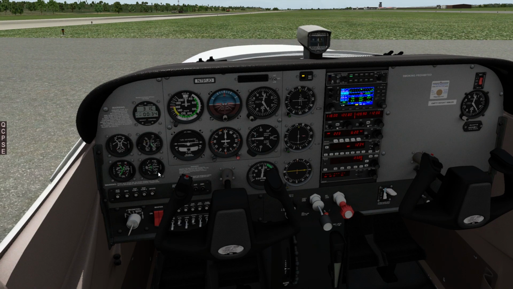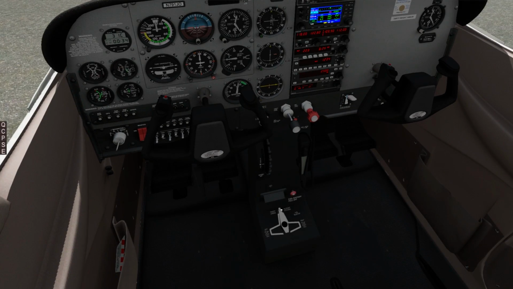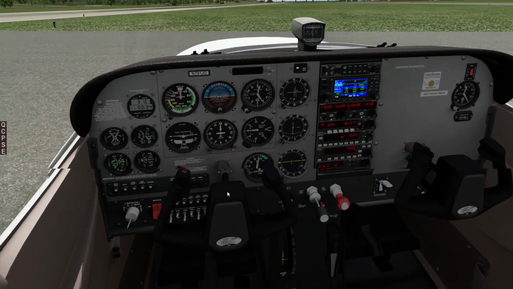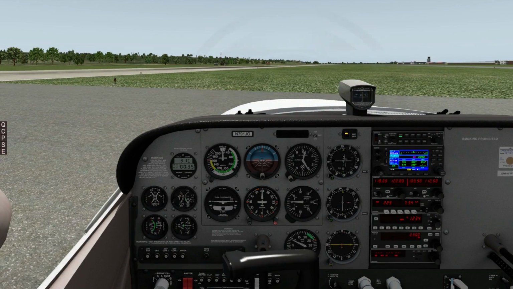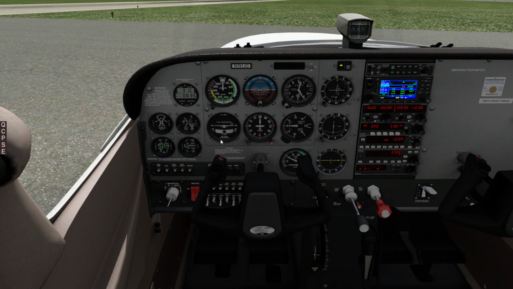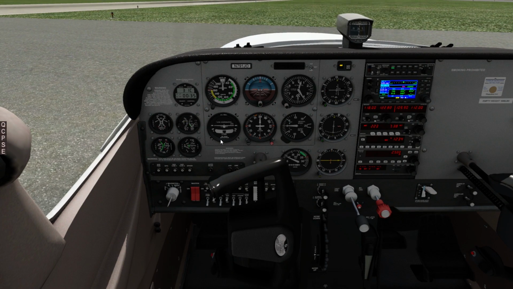VAC is in the green. Amps look good. Fuel quantity is double checked. We are on both. All right, let's box the controls. So we'll go left, back. Actually, let's show you how I'm doing this with the rudder. So we'll go left, back, left rudder, right,